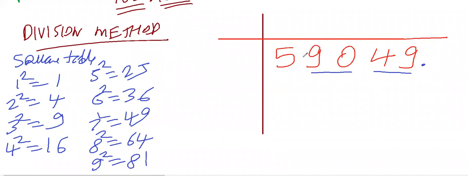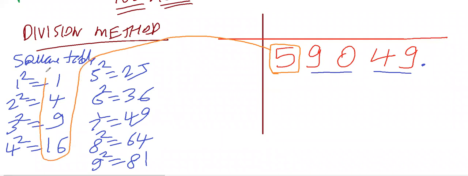What is the next step? Next step, look at this 5. Look at this 5 number. Where? In this. Here you need to find the 5 number. Where can you see this 5 number? I can see this 5 number between 4 and 9. Correct? Between 4 and 9 I can see the square number. So what to do? I am going to write here 2 into 2 as 4. This is the step. Okay, make note of this step properly.